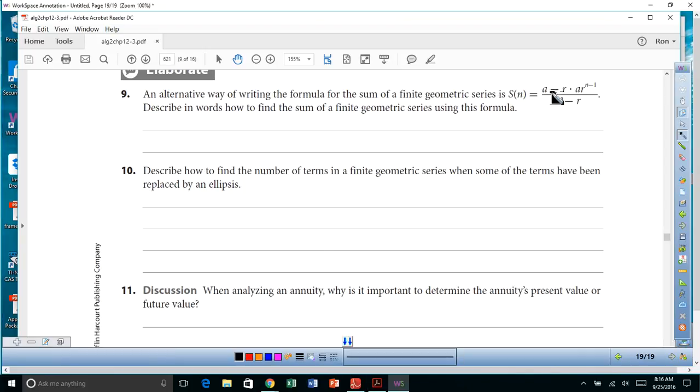So we got to describe how we're going to do this using words. So find the difference of the first term